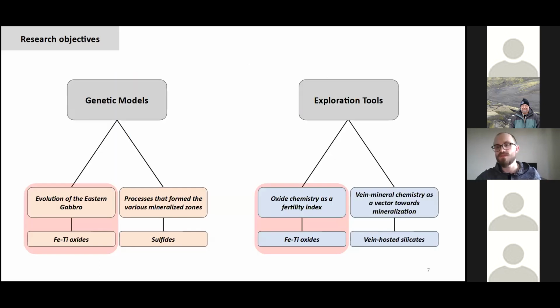All right. So the first thing that we're going to be talking about here is the application of iron titanium oxides